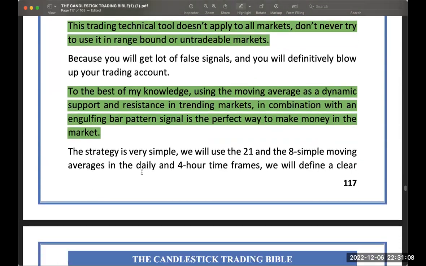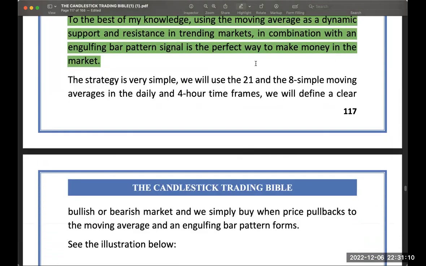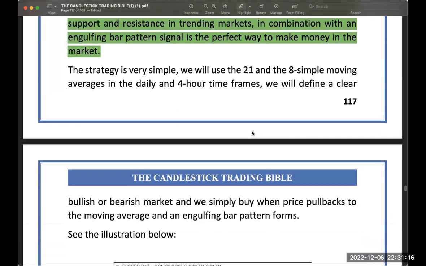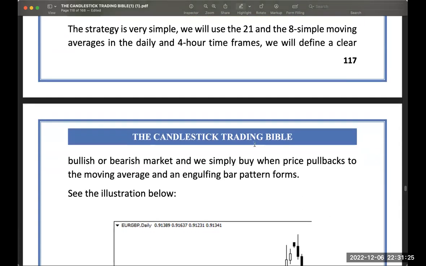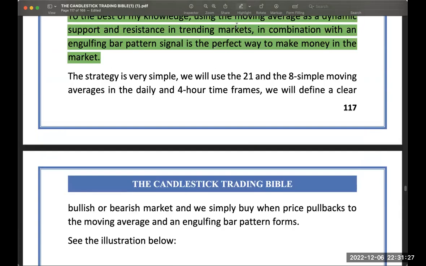This strategy is very simple. We'll use the 21 and the 8 simple moving averages in the daily and the 4-hour time frames. We'll define a clear bullish or bearish market, and we simply buy when the price pulls back to the moving average and an engulfing bar pattern forms. So before we even look at their chart, let's look at our chart and look for that example if it's